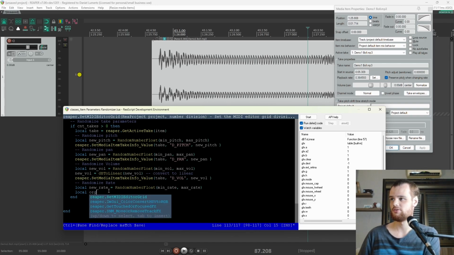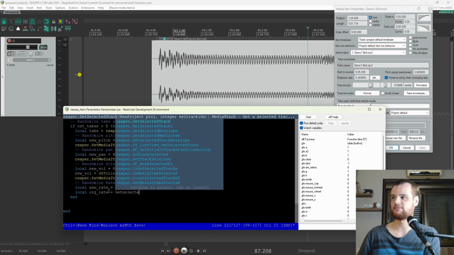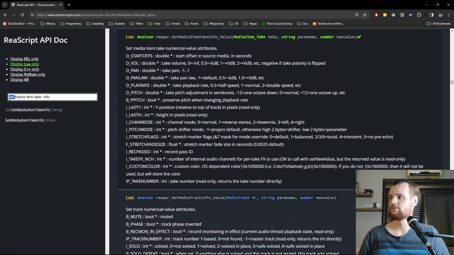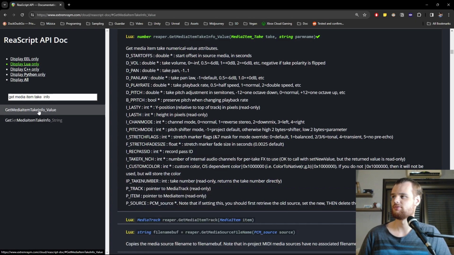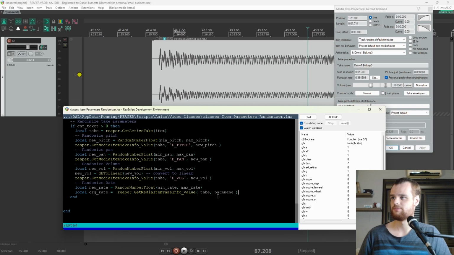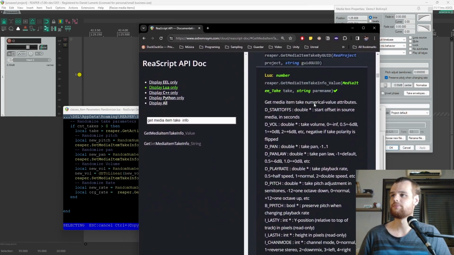So original rate equals get selected media item. Oops, sorry, not this function. We want to use the same thing, but instead of set, get media item take info value. You use this function. Let's paste it here. So it wants the take, which you already have, and the part name, so it will be